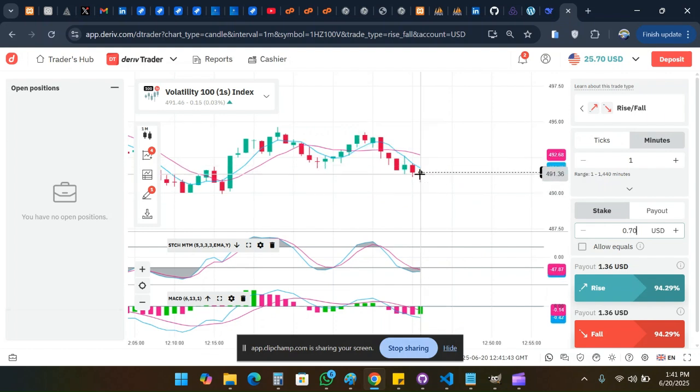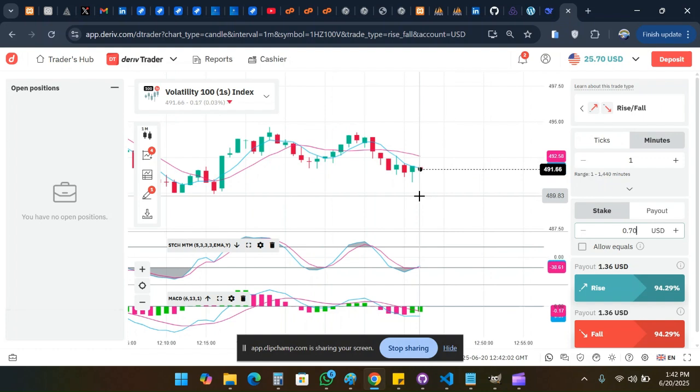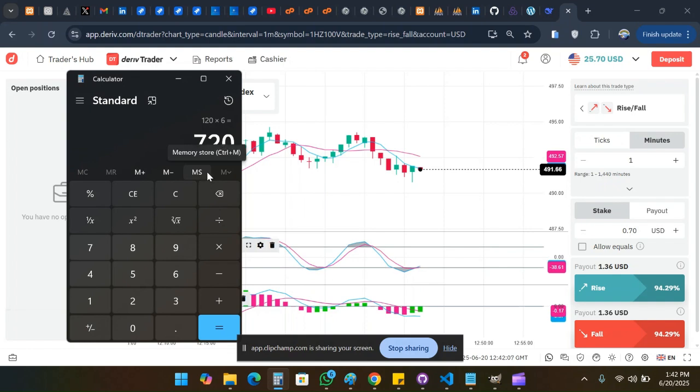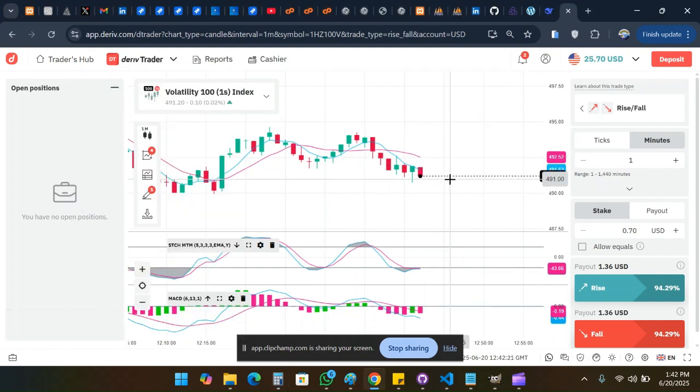So imagine we enter $1 here and it gave us 62 cents just for moving downward. Are you getting it now? That is a good profit, 62% of your $1. So that means that if you put $100 here and it moves in the direction, it's going to give you $62. Because if we trade with $1 and it gives us 62 cents, that means 0.62 times 100, that is $62 just for that movement alone. Is not bad.